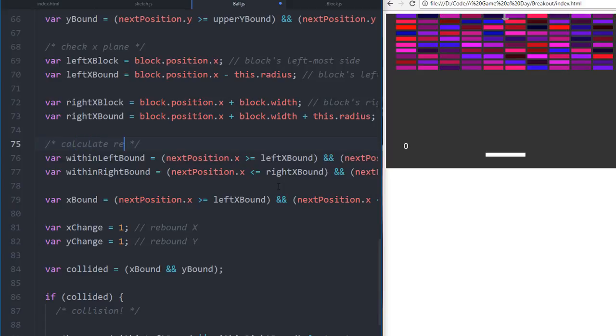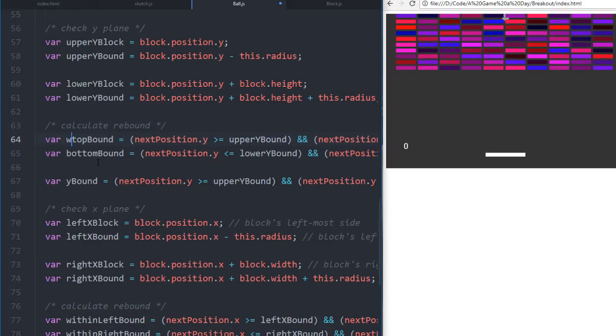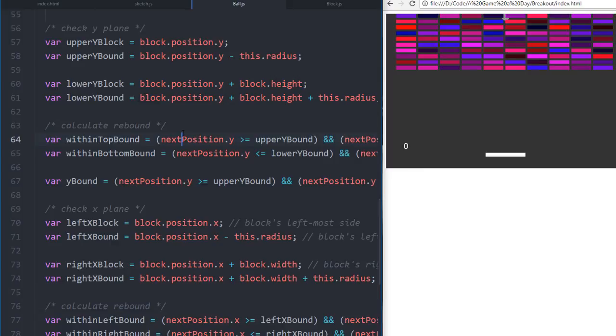Calculate rebound. So top bound, we'll say within top bound, and we'll say within bottom bound. Top bound will be here. Say within bottom bound. Calculate rebound will go, okay, we already have that. Lower X bound. Check Y plane. So when we check Y plane, we say,